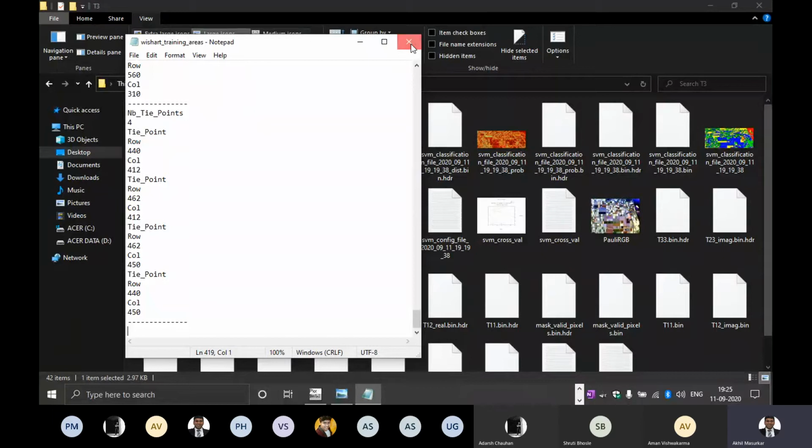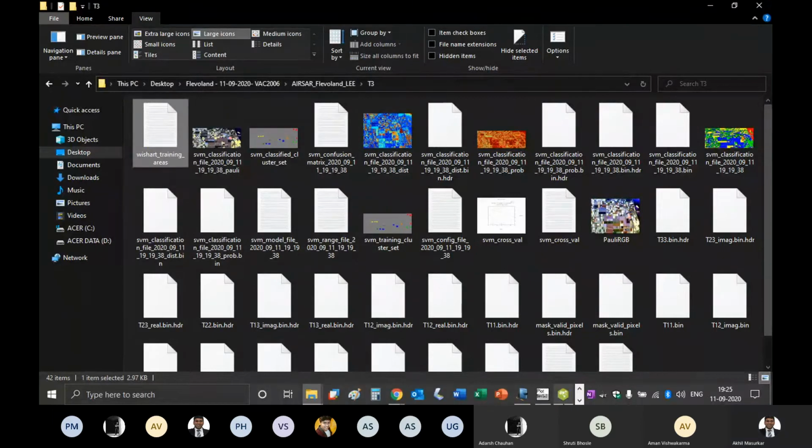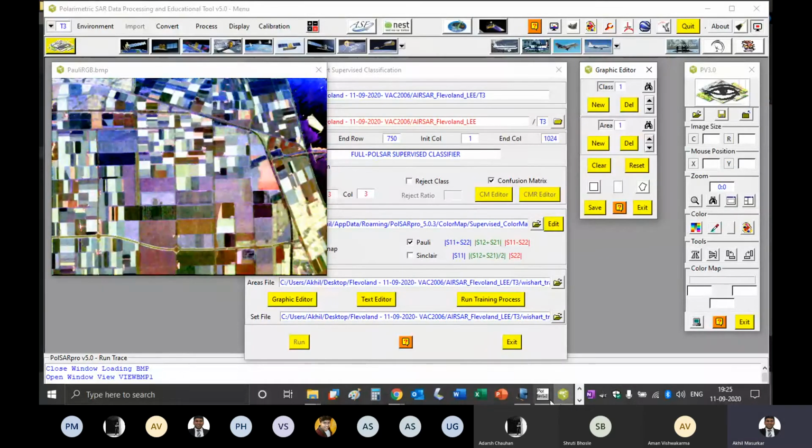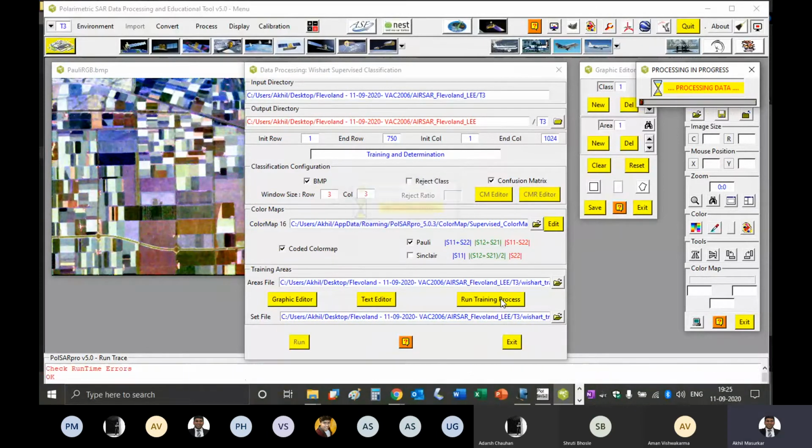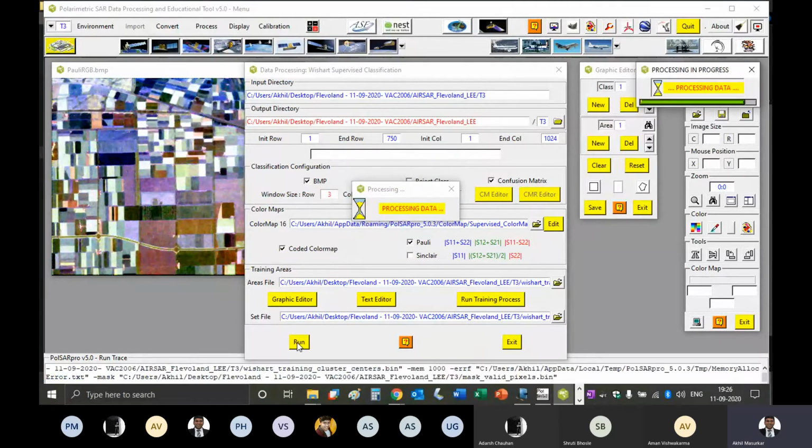Save it. And now go to PolSARpro. You can now see here run training. So run training. And after running training, you can run the Wishart.